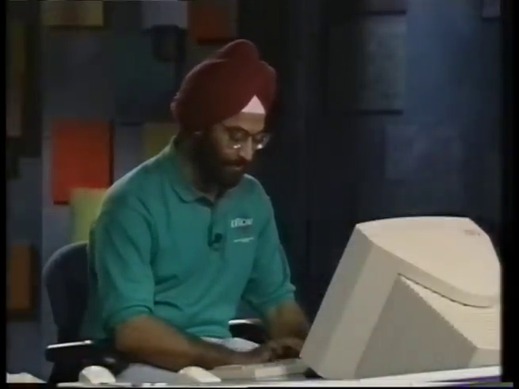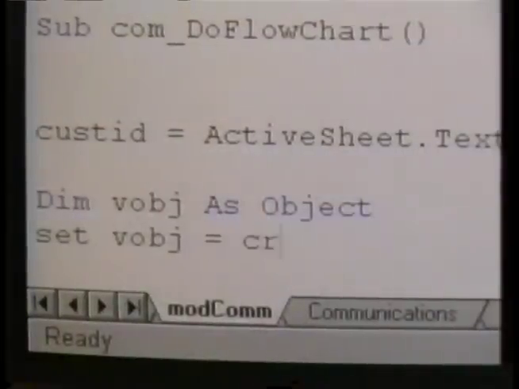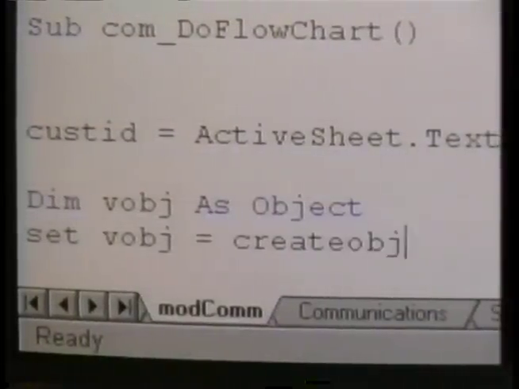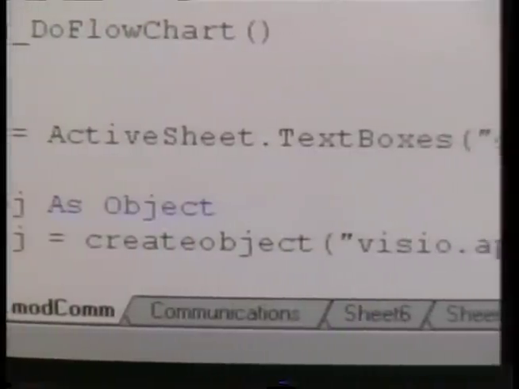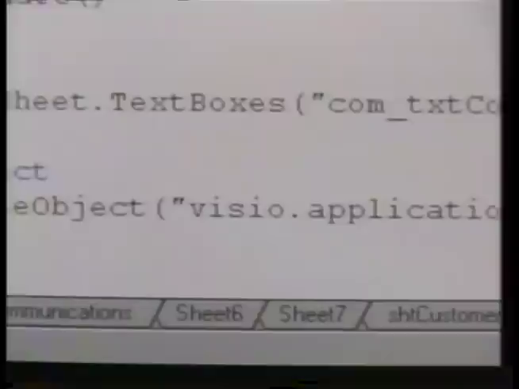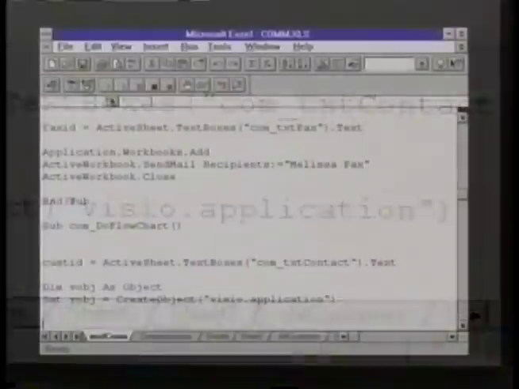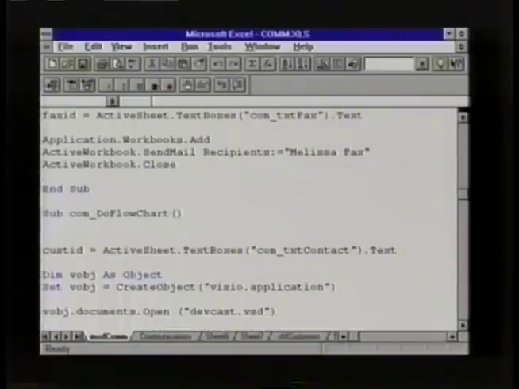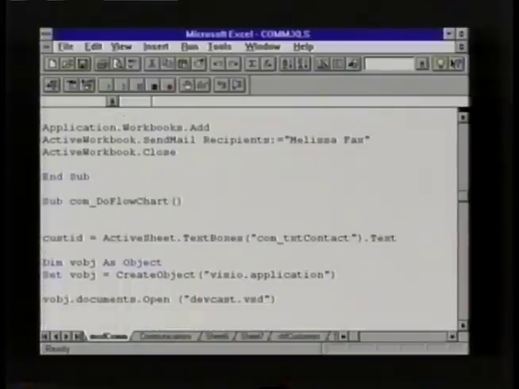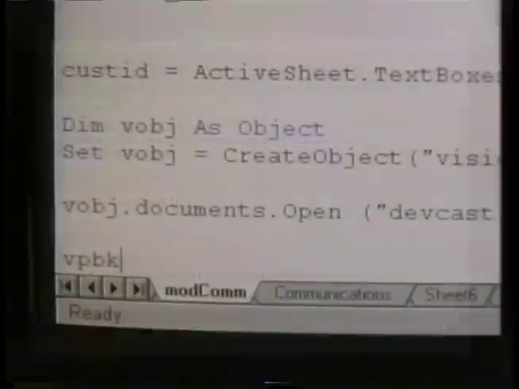Set VOBJ equals CreateObject visio.application. Let's do some coding. VOBJ.documents, open our DevCast.vsd, which is the template I just showed you. And with VOBJ's active page,